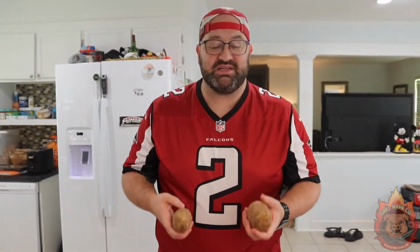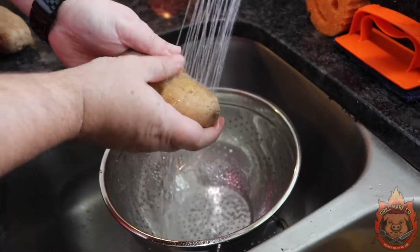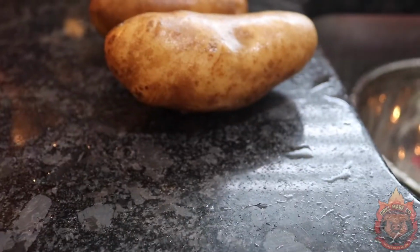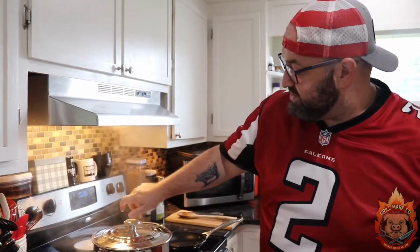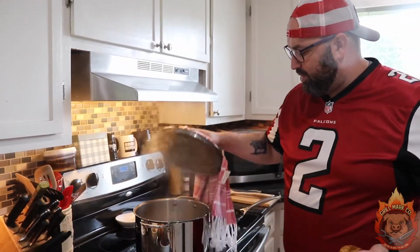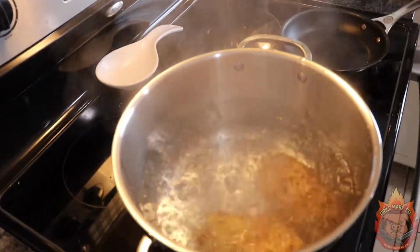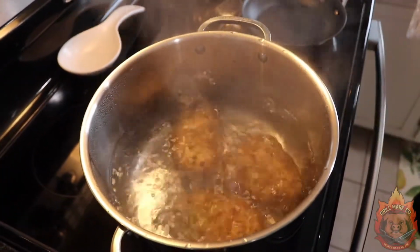Let's go wash these potatoes first, and then let's start the process of boiling them to get them ready to mash. We washed our potatoes. Now we are going to take them into this already boiling pot of water, and we're just gonna drop them in there, and we're gonna let them boil for about 20 minutes. We want them nice and soft to the touch when we stick a fork in it,